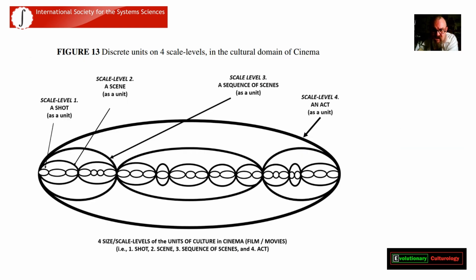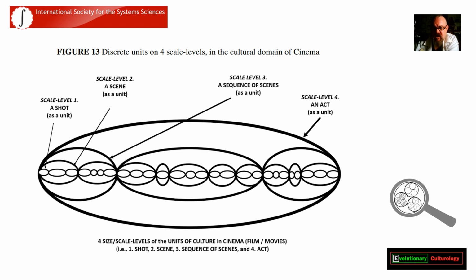There we go. Cinema, you have a shot, which is a camera position basically, a scene, bigger, a sequence of scenes, bigger, an act. So there's just 4 scale levels looking at cinema or film or film movies: shot, scene, sequence of scenes and an act. That's how we break down the units of story or narremes when we want to study them in EvCult, the meta science. Next,